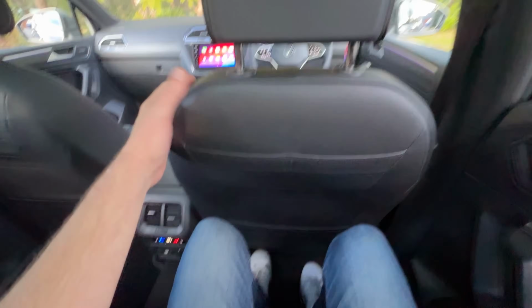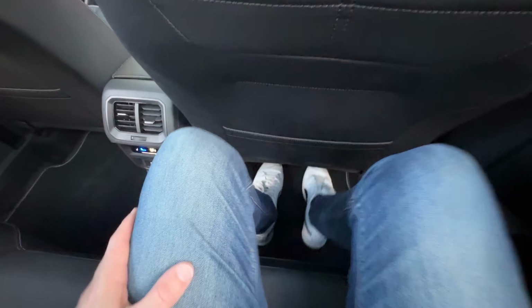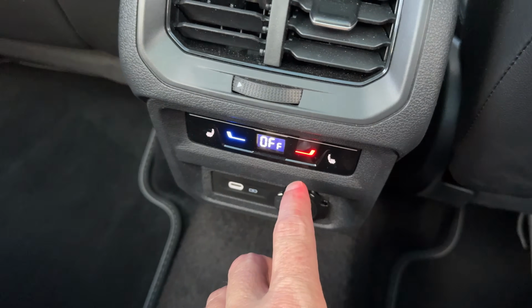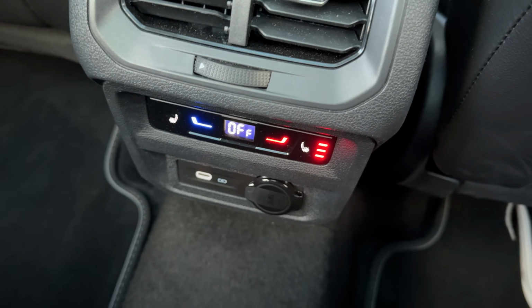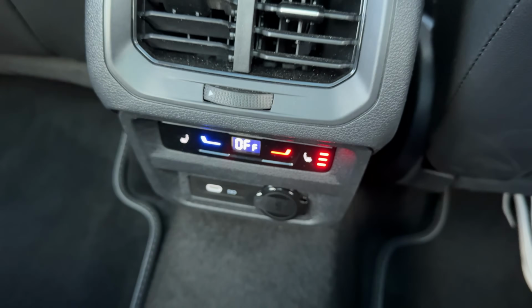Look at that. This seat is set for me at 182 centimeters, 6 foot tall. I've got heaps and heaps of knee room in front, lots of foot room as well. I could have a dance party under there. There's map pockets and device holders on both seats. You've also got climate control down here and heated outboard seats as well, a USB-C port, directional vents, and this